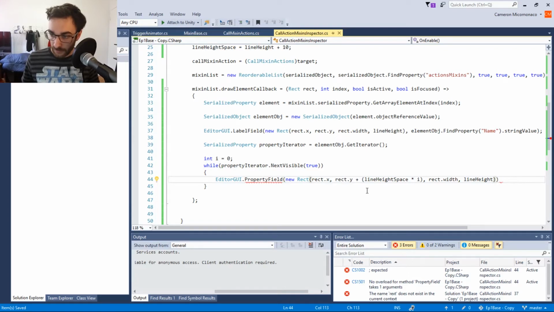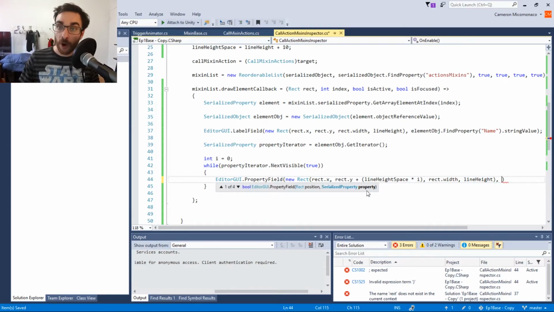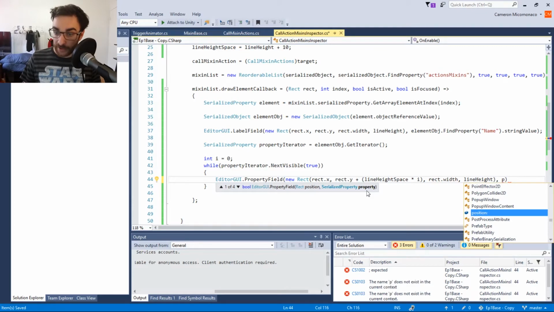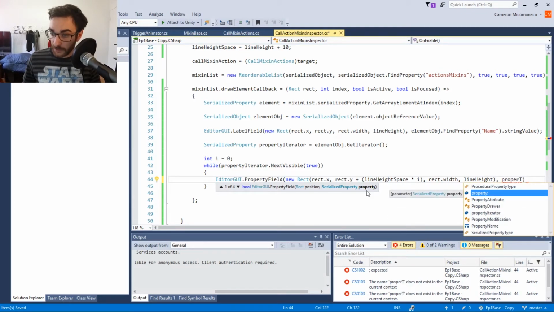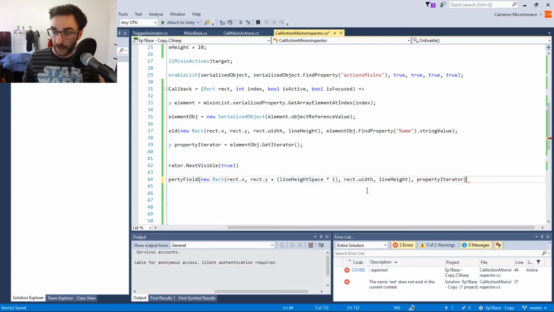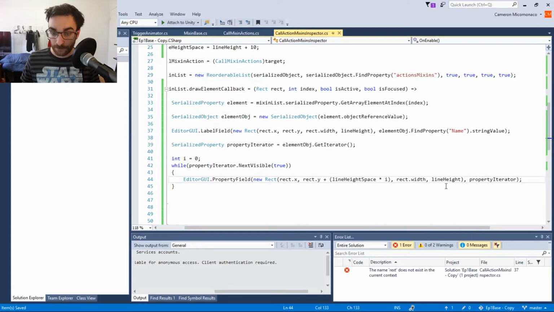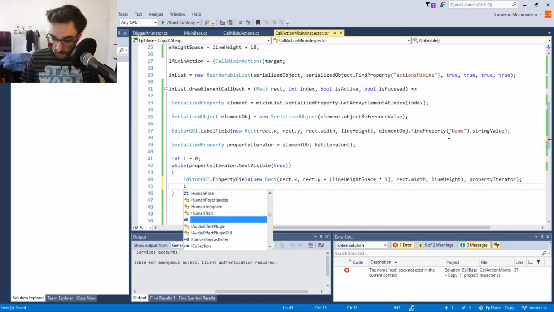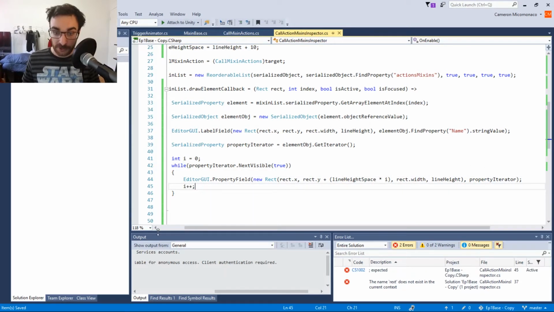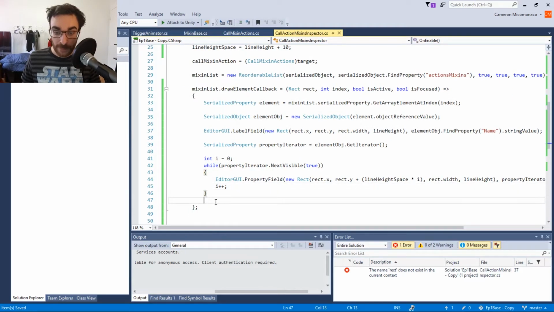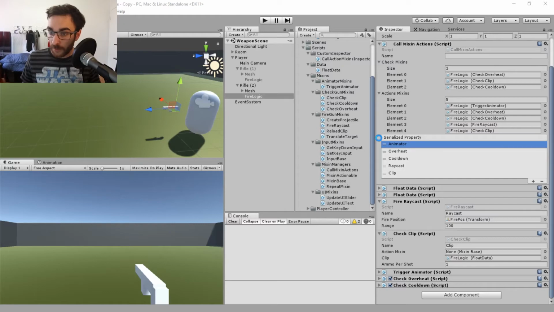And then all we need to do is pass in the property that we want to display, and all that is our property iterator. That should display everything nicely there. And then, oh yeah, of course we have to iterate I each loop through, and that should be good there. So if we pop back over here,